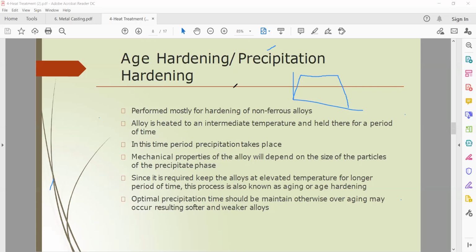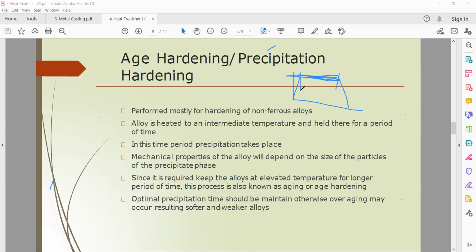So with non-ferrous alloys, this alloy is heated to an intermediate temperature, right? So this is the temperature. You are heating that alloy to an intermediate temperature, then holding it for a specific time period. You are keeping that metal at that temperature point for a specific time period, so you are holding that metal, right? In that time,